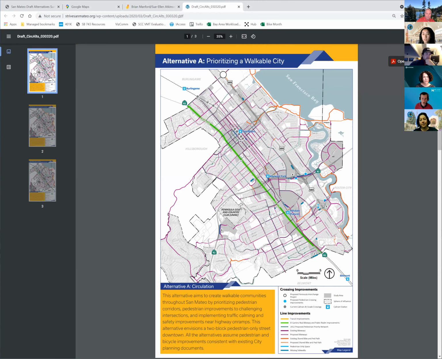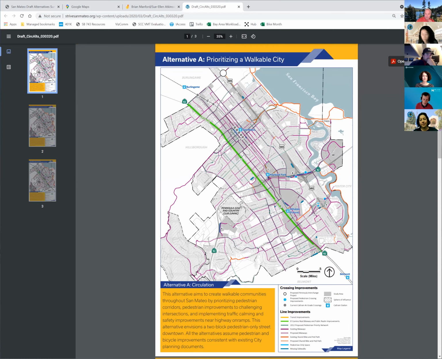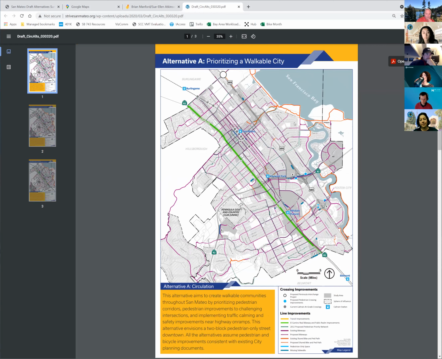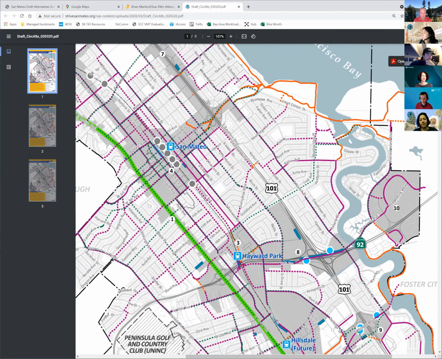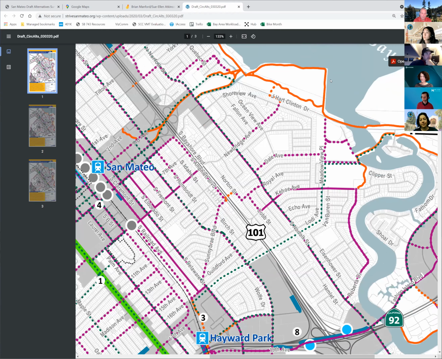Sure, and you can see these at the strivesanmateo.org website, and I'll be going over what the colors mean in just a second. Those are the things that are on all the maps and taken into account for the different alternatives. What's unique in all the maps is orange, this orange-red color. If it's a solid line, it's existing.